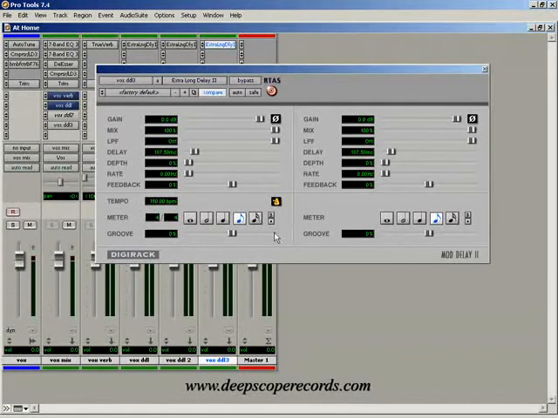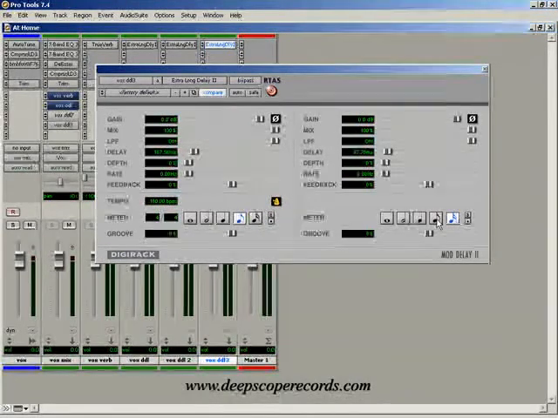Now, for the quick delay, most of the time I use these 16th notes. These are whole notes, half notes, quarter notes, eighth notes, 16th notes. For this song, I chose to use eighth notes simply because I thought it